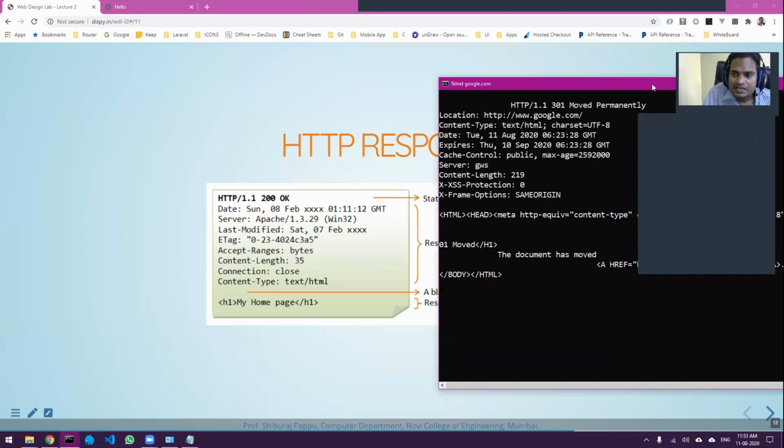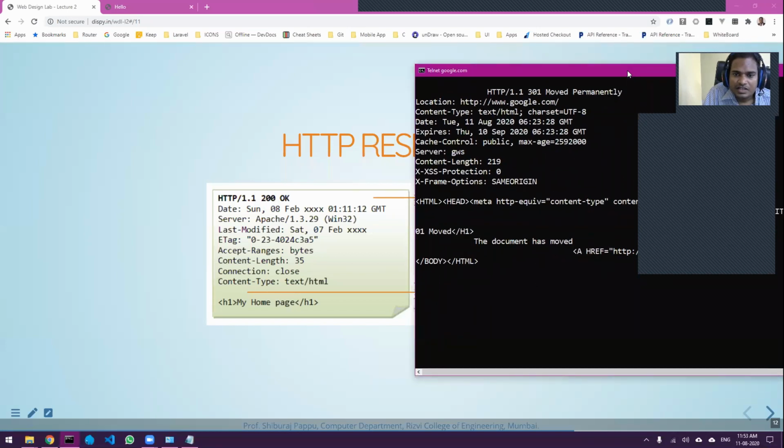So you can see what is the response. So first part is the version, and you can see the version over here, HTTP 1.1. Then the next part is the status code, and the status code says 301. 301 means it is saying that the web page is redirected to some other page. Okay, so it is saying moved permanently, and to where it is moved, it is to the location